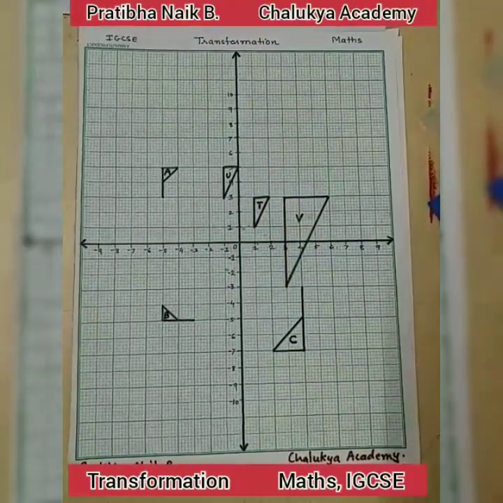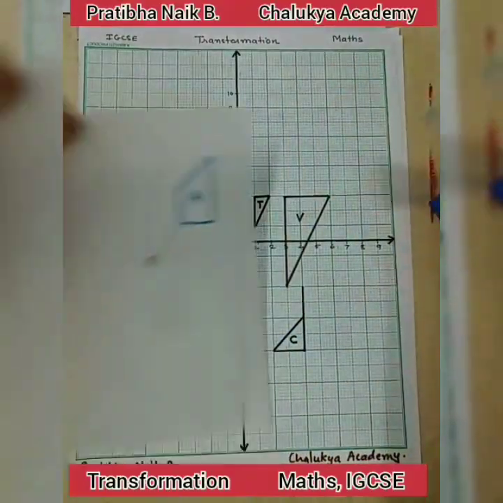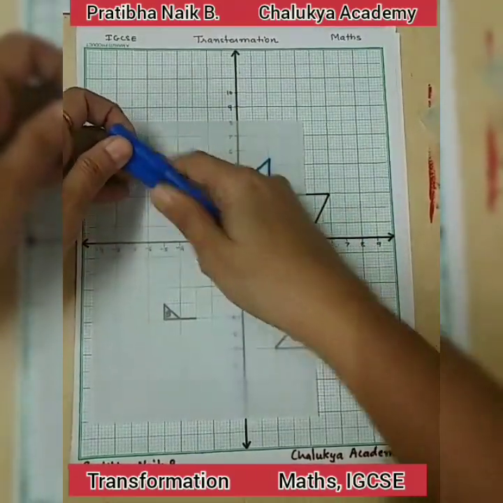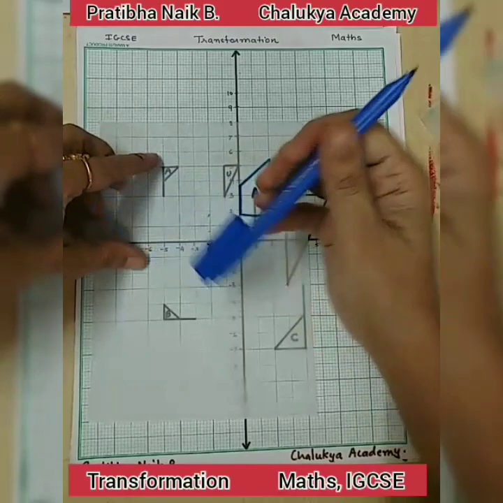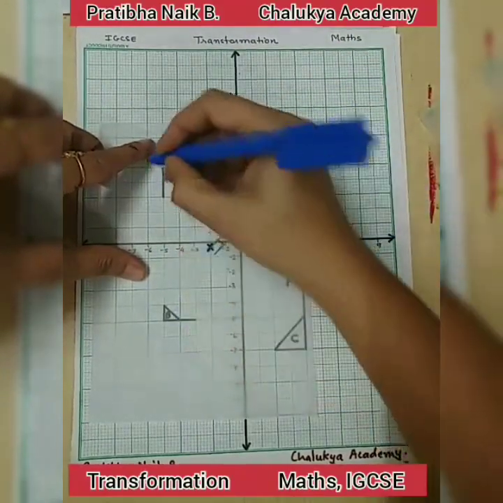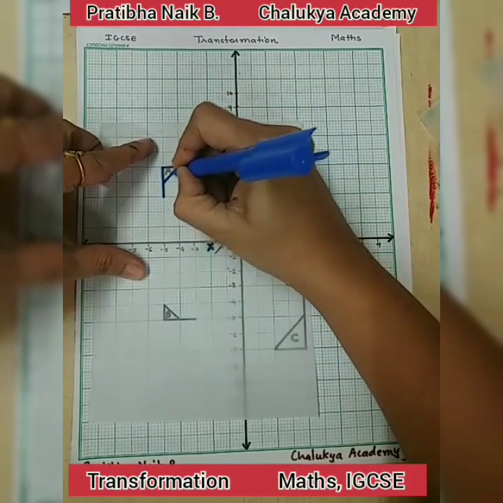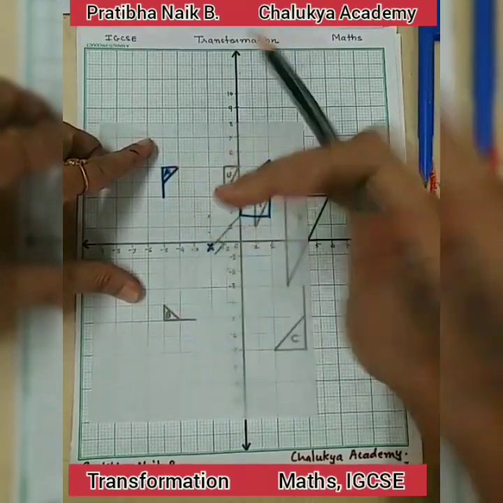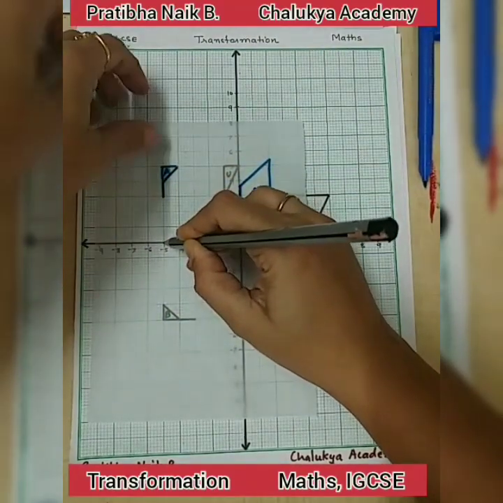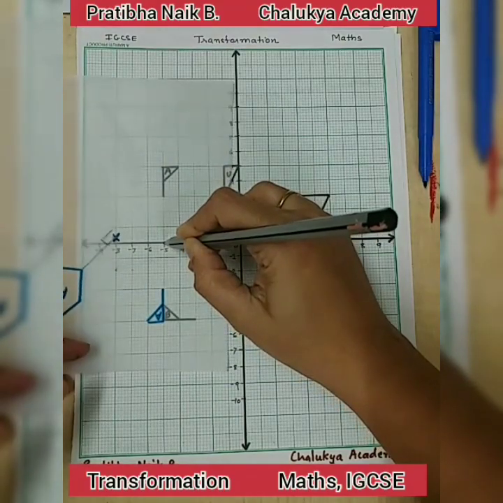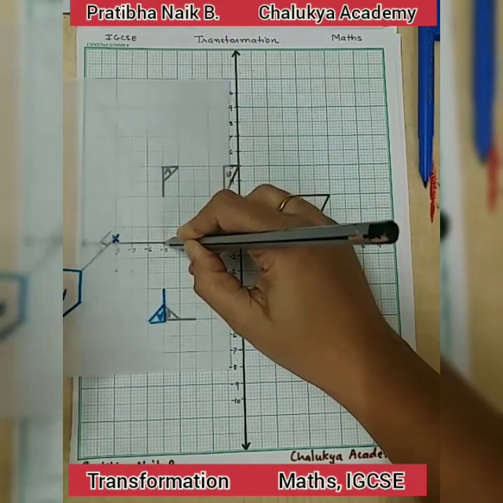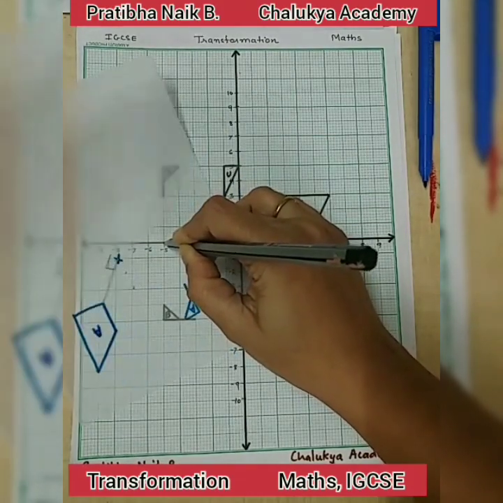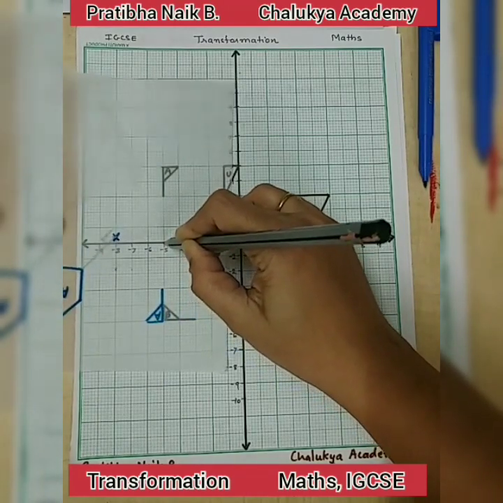So again I am taking the tracing paper over here. I am keeping the tracing paper over this graph paper. I will trace the triangle A because we have to find out the type of transformation from flag A to flag B. So now I am tracing this A. It must be lying between these 2 given figures. So let's start with -5 and we will rotate here. See, this is not matching. This is going away from here.